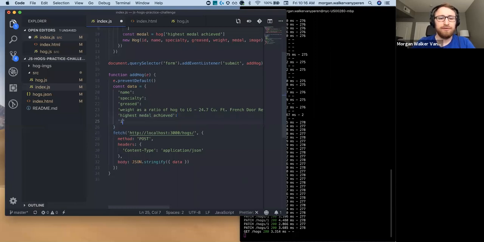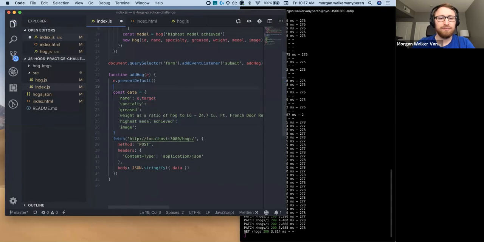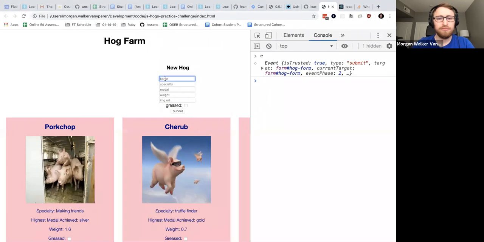And image. So these are all going to be things I grabbed from the event. So e.target selects the form itself. Let's see, what do I want? Name, spec, old, let's see,